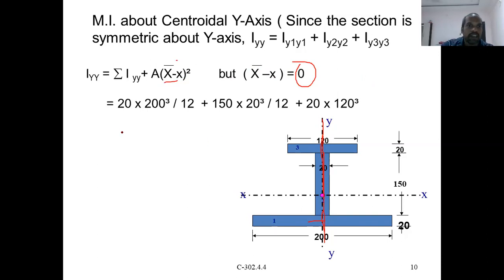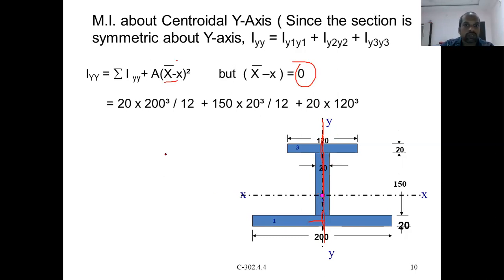I can calculate in a very simple way, because of symmetry, and not only symmetry we can say, the axis is passing through the section. Okay, the y axis of the individual figures and the y axis of the entire section are coinciding. So in the previous case also, about the x axis, you need not say it is only symmetry. You cannot say symmetry only; not only the symmetry concept, it is passing through the section.